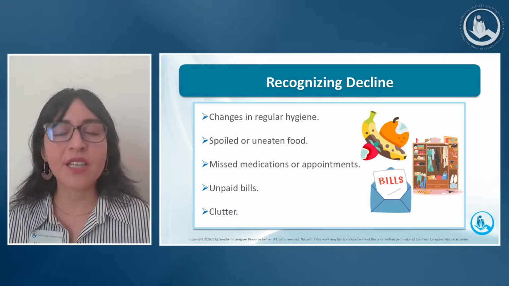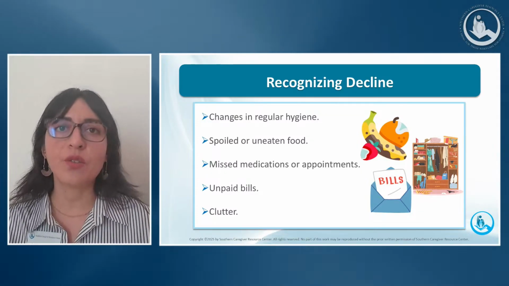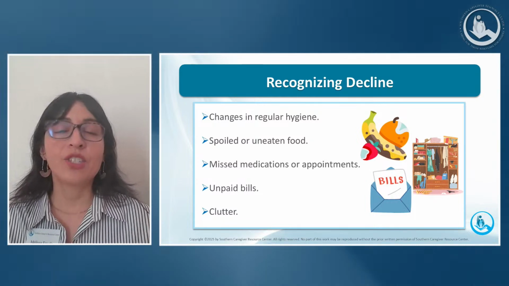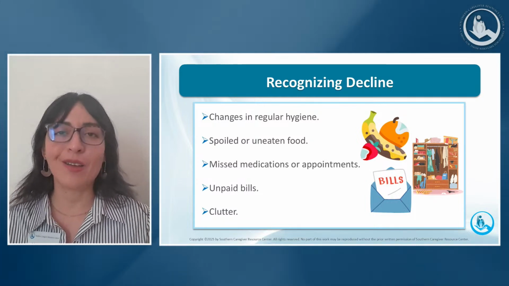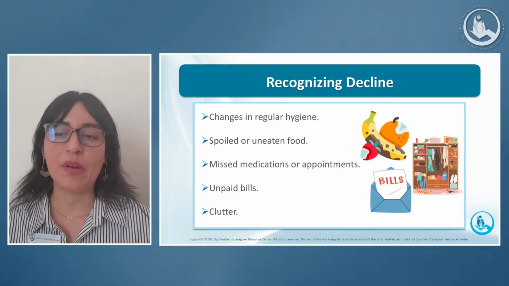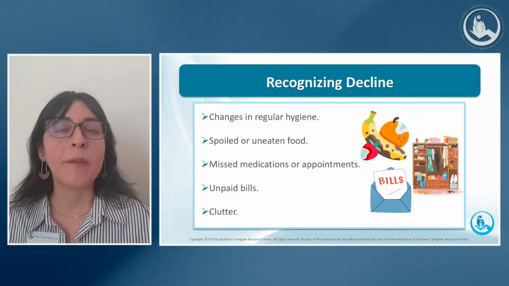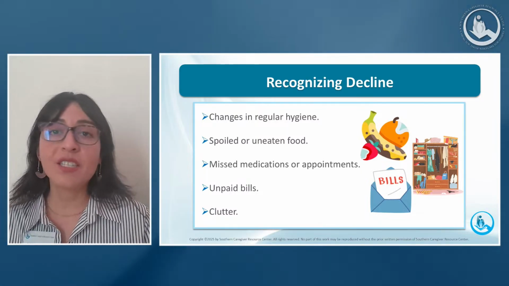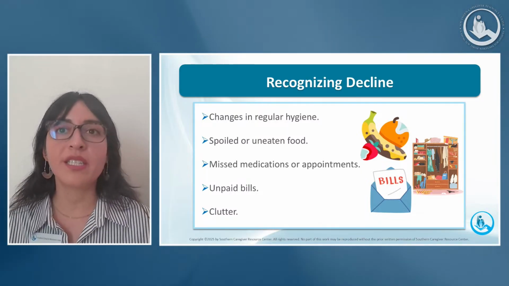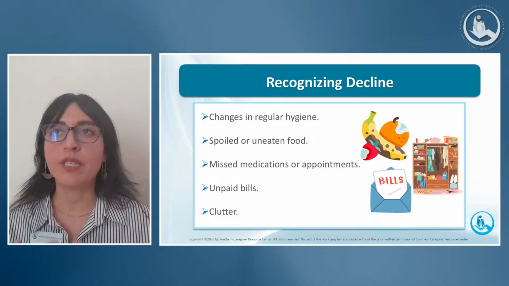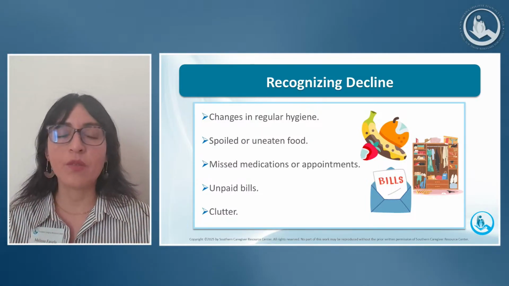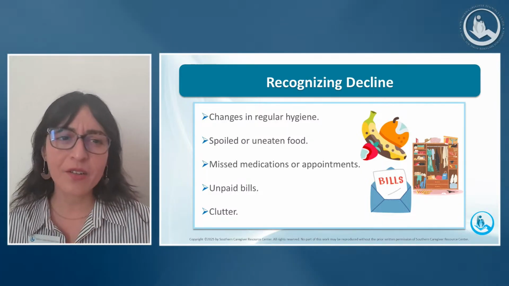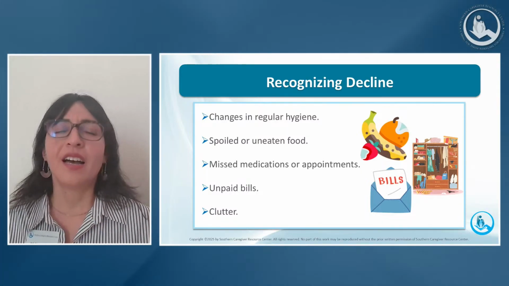Now, these are just some points that we can use to recognize the decline. So changes in regular hygiene, right? I was giving you that example of someone not being able to maintain their regular, daily hygiene. And so this is really a big one, right? We start seeing maybe someone who was always clean shaven, and we start seeing that they have stubble, right? That's not necessarily normal. What's going on?